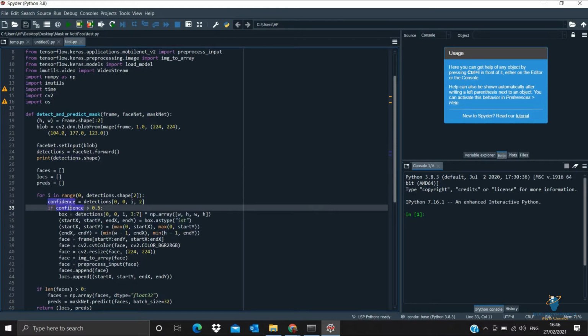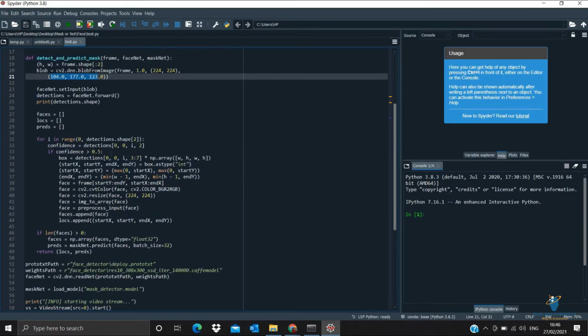Then inside that we are just getting a box, like your frame will be of a box shape now, that is a square, nothing but a square, for which we have given values, that is x-axis and y-axis. And inside that we are just going with NumPy, numeric Python, to deal with numbers. And inside that we are just reshaping your face to fit your face in that particular frame. So we are just going with four new variables, that is nothing but start of x, start of y, end of x, and end of y.